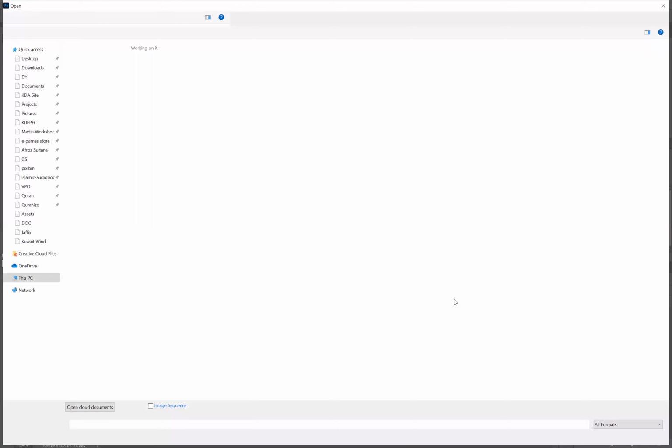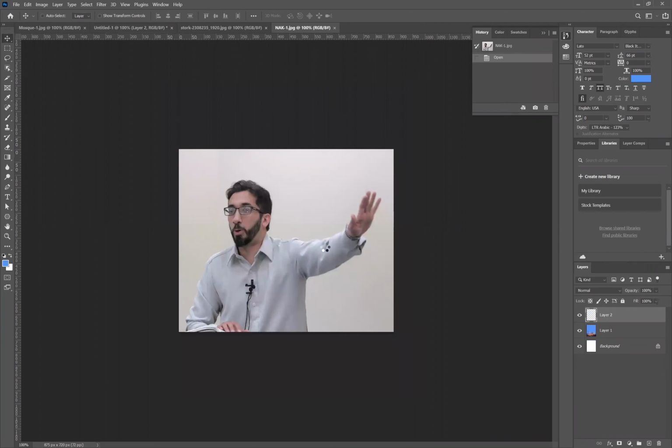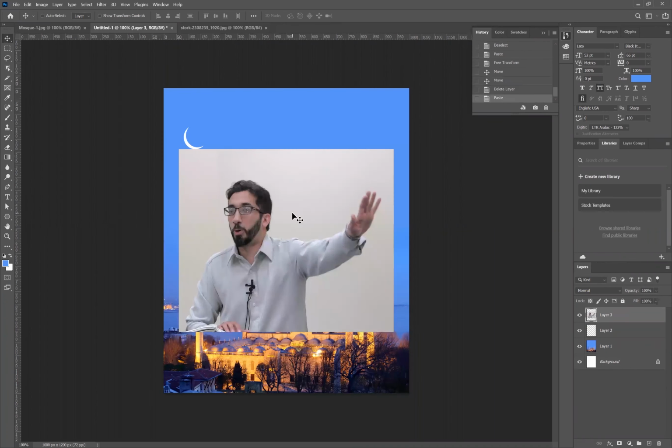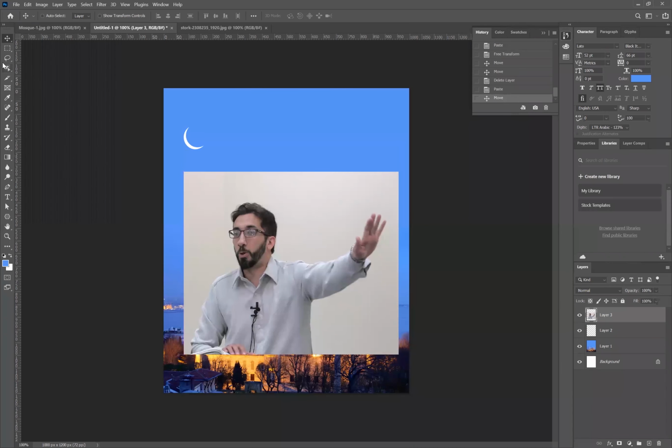Let me bring Numan Ali Khan out here, and then with the help of other tools, for example, there is one tool called quick selection. If you go to these tools, there is a list including quick selection. Based on your Photoshop version, you might see these tools here and there.